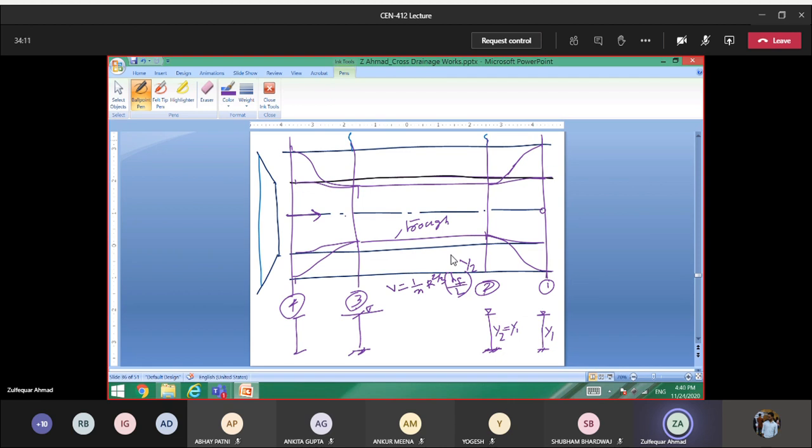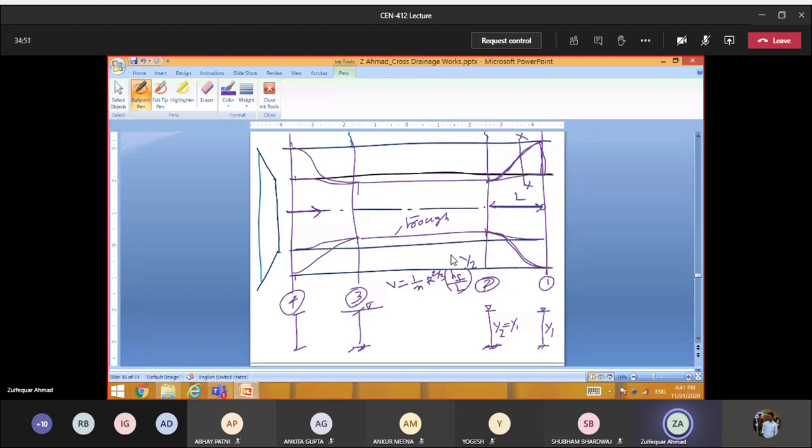Now coming to the transition here, one transition we had discussed, right? But now we'll discuss the equation that is developed by our own faculty, Professor Vittal. In that case, what will be the transition length L? The equation is given for the L, okay? And for any section, what is the side slope? That one also the equation is given, right? Because here you have a trapezoidal section, the side slope is known. This one is vertical, here the side slope is 0, okay? So we'll discuss here the Vittal and Chiranjeevi equation.